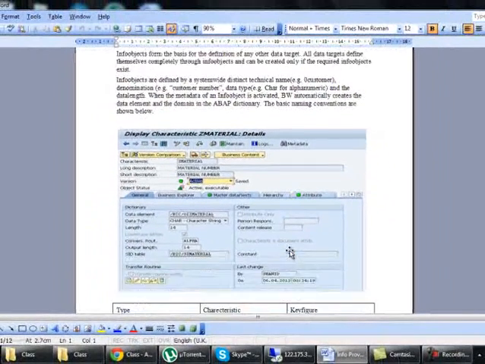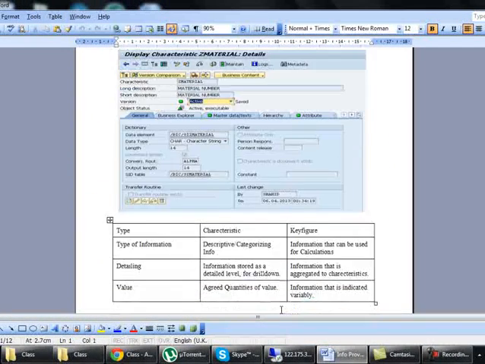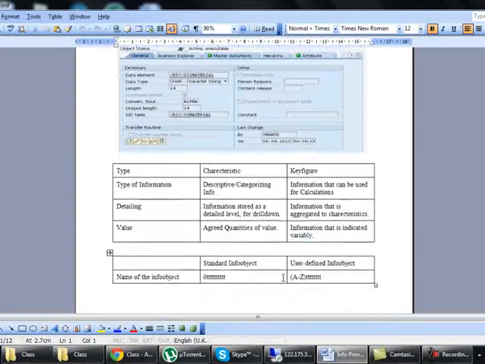So generally, a characteristic is descriptive or categorizing information, and a key figure can be used for calculations. A key figure is summarizable. It means cumulative. Key figures are cumulative generally.